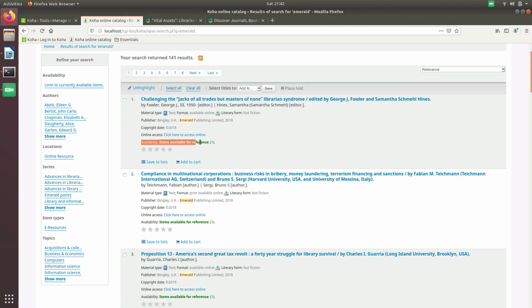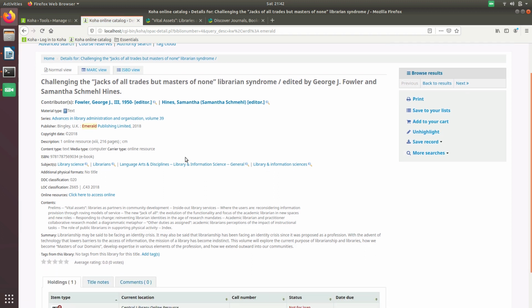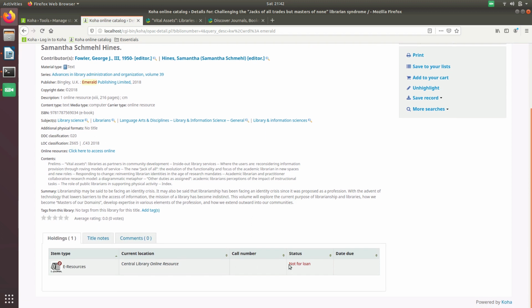And the availability, you can notice it is showing items available for reference. Since it is an online resource, I cannot issue it in my name. When I click on that particular link, I can find here that the status is not for loan, location is Central Library online resource, item type is e-resource.